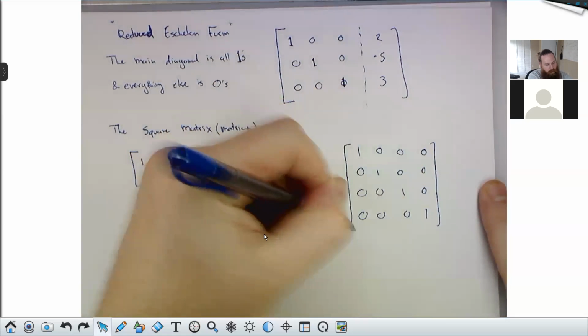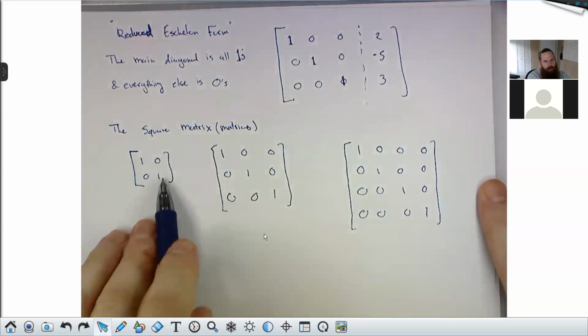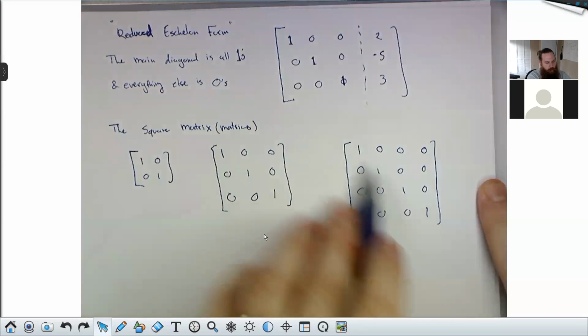These matrices, where they're not augmented, they're square, and you've got ones on the main diagonal and zeros everywhere else,